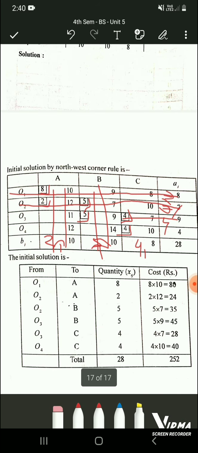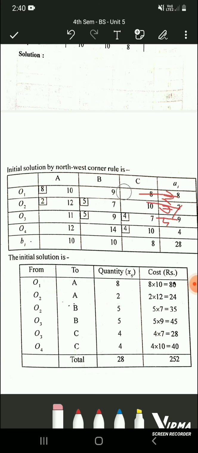So initial solution will be, write down. From origin 1 you are making allocation to A. From origin 2 you are making to A, B. From 3 you are making allocations to B and C, and from 4 you are making allocation to C. So quantities are multiplied with the cost. Therefore you get total cost as 252. So if you write till here, this might be asked for 5 marks,